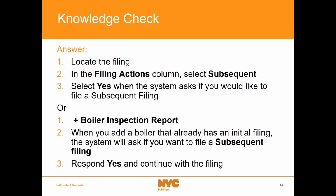There are really two ways to initiate a subsequent filing. If you're the inspector who performed the initial inspection, that filing will appear in your dashboard. So you'll go to the Filed section of your Boiler Inspection Report tab, and in the Filing Actions column, you'll select Subsequent. When the system asks if you would like to file a subsequent, click Yes and continue with the